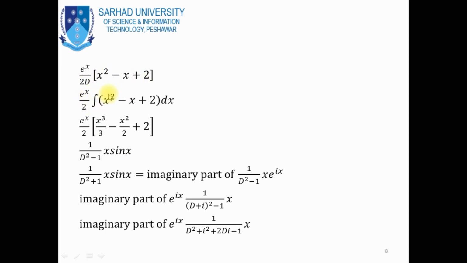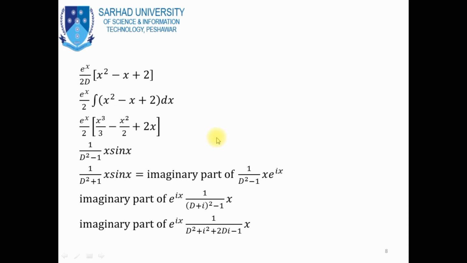Now taking the integration of x square is x cubed by 3. The integration of x is x square by 2, and the integration of 2 is 2x. So this is the particular solution. The integration of x square is x cubed by 3, the integration of x is x square by 2, and the integration of 2 with respect to x is 2x. So the particular